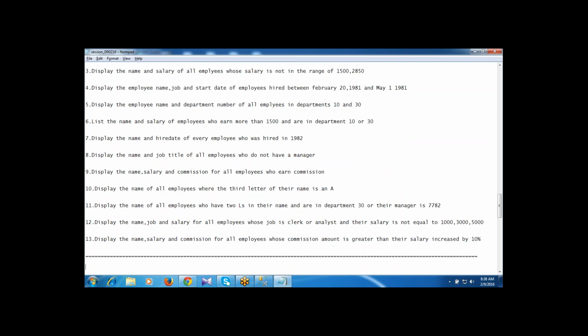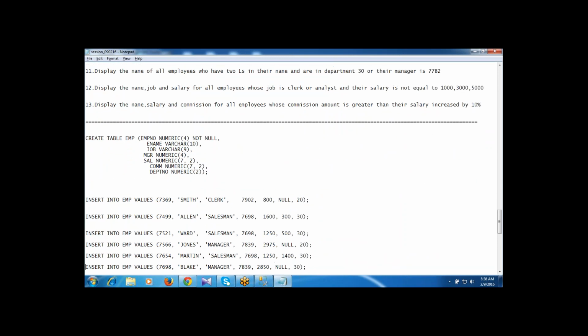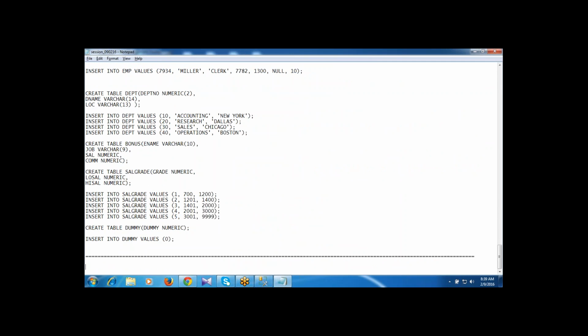Here we are practicing the select statement only. In the select statement itself, I'm writing the operators, the functions, and the clauses to get our result as customized output. Got it?